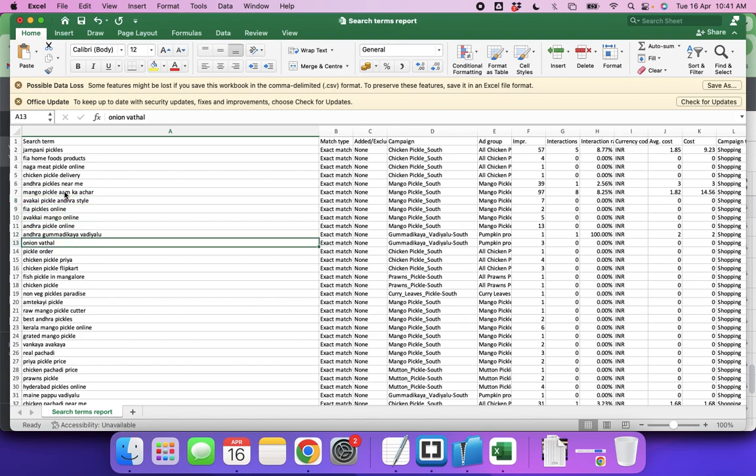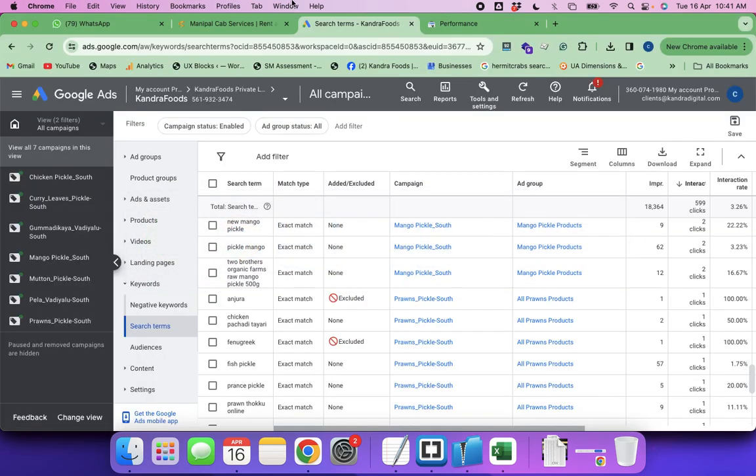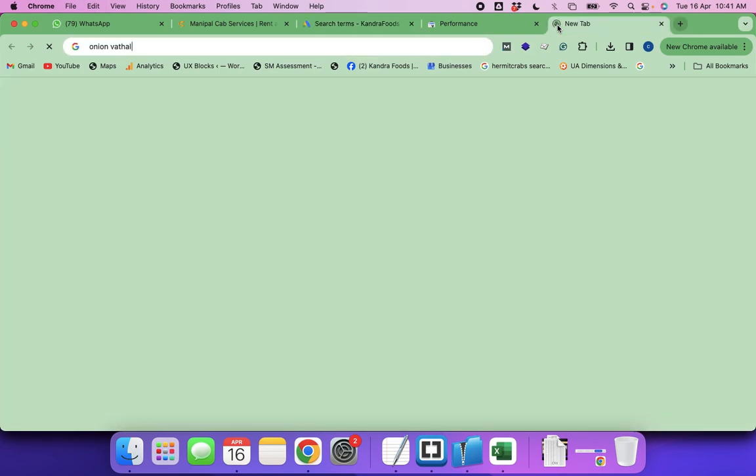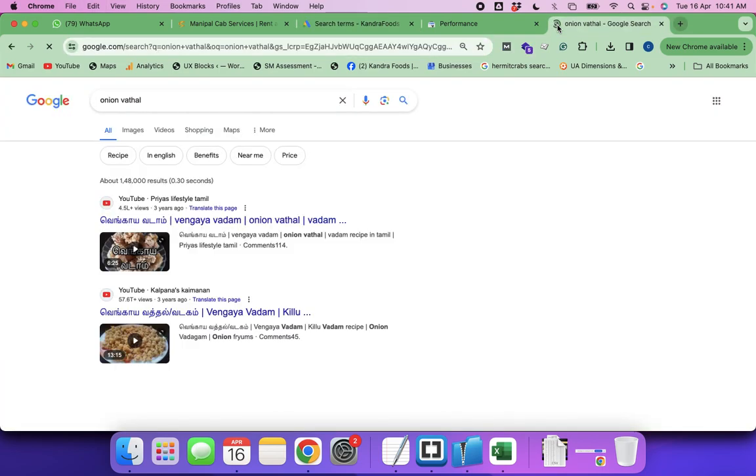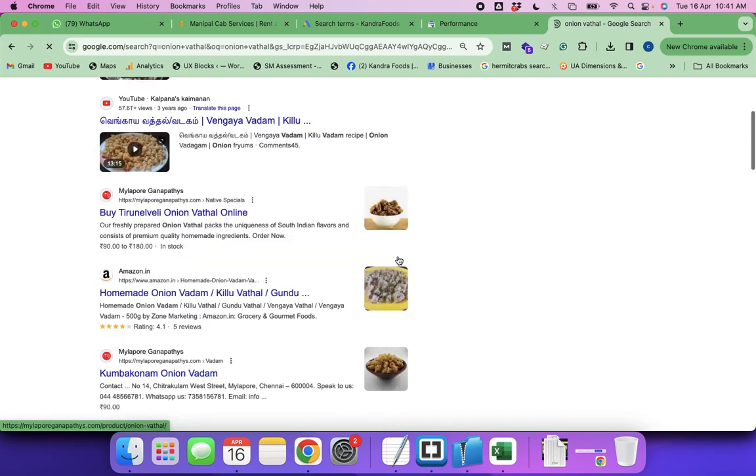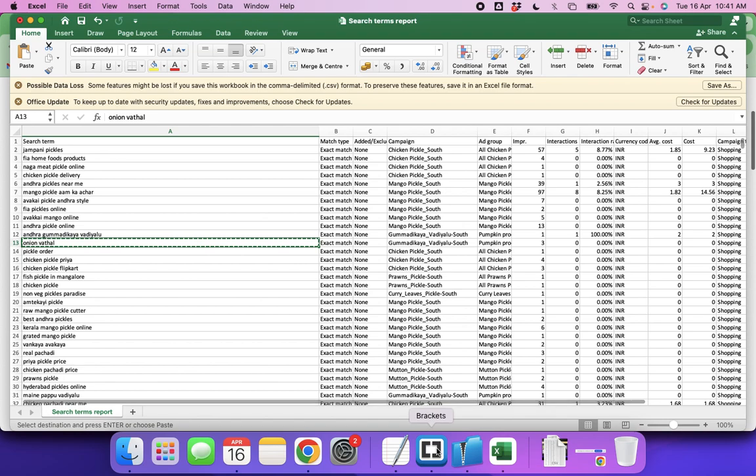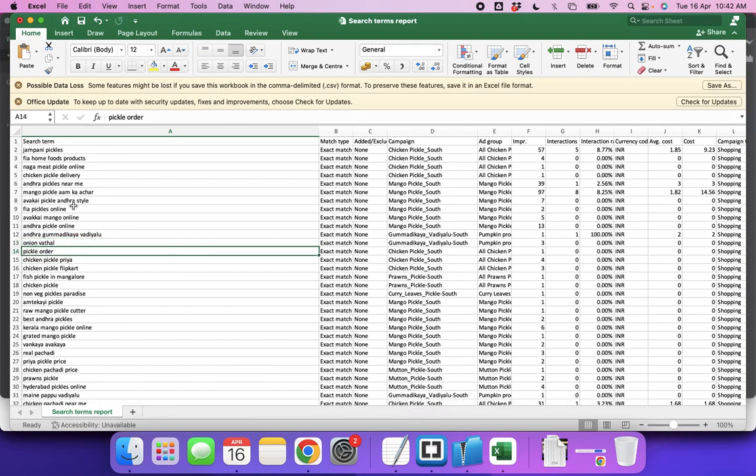Onion Wattal. Onion Wattal could be some onion fryum. But the campaign is, and let's assume this onion Wattal is not sold by Candra Foods. And there is no point of showing ads for such terms, right? So what we can do is maybe I'll insert a new column here. Insert, I'll call it as